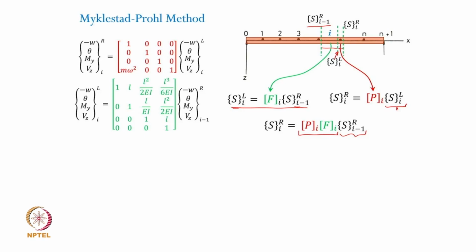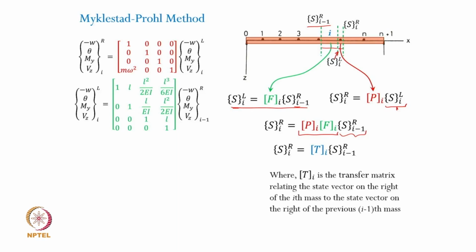It's quite clear from the state vector relationship, right? So they should come in the same sequence. First the point mass followed by the field matrix, point matrix followed by the field matrix. And now we club these two matrices just the way we did it for the Holzer method. Now we call the transfer matrix as a product of the point and the field matrix, and once you do that,